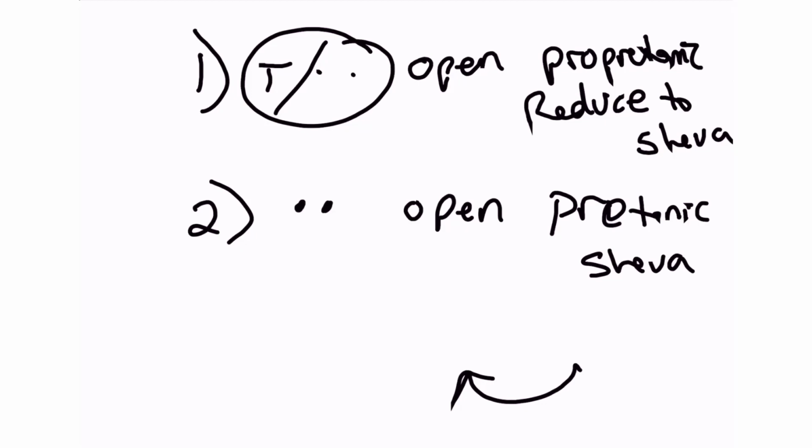So you go to the pro-pretonic syllable first. If it's open, if there's a komets or tzere, then you reduce it to shva. If there isn't, you go to an open pretonic syllable, and if there's a tzere there, then it will reduce to shva. So an example of this would be the word